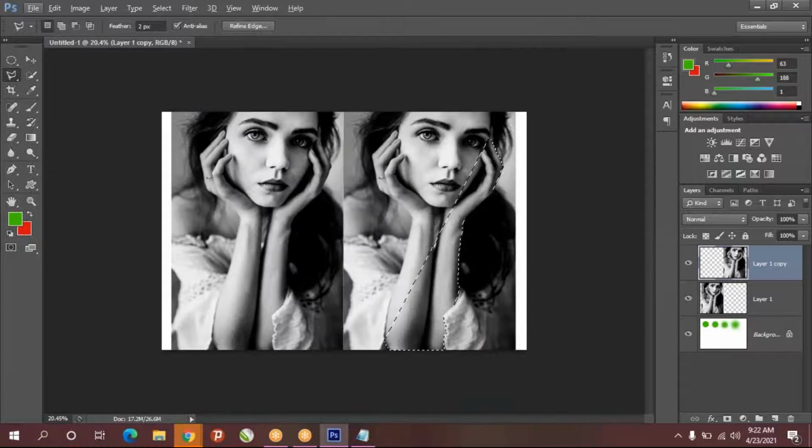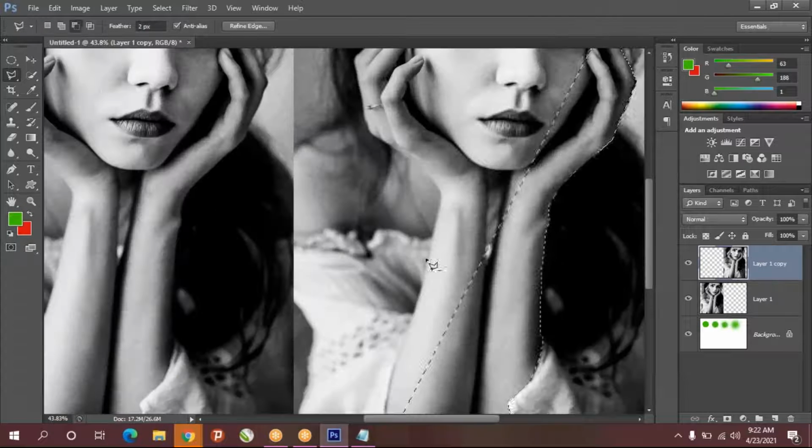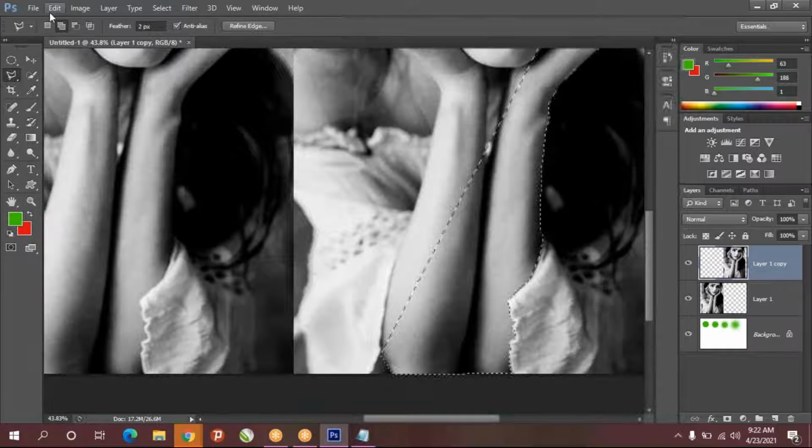If you double click, automatically it will get closed. So what I have to do, I'll go for add to selection. With this, I'm going to select some other parts. You have to click on add to selection in the property bar. This will be available once you select the polygon tool, so automatically you can choose.